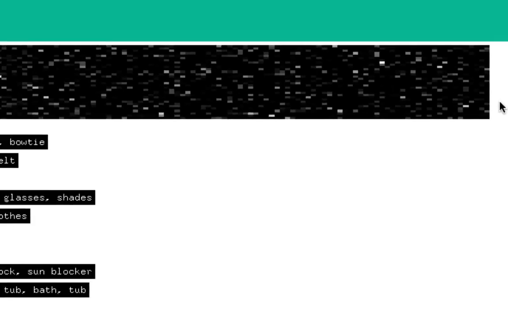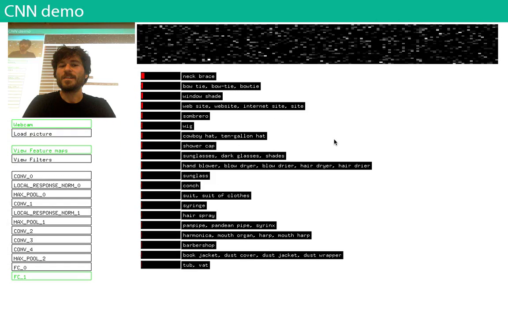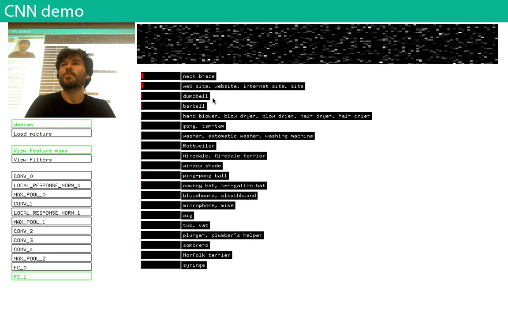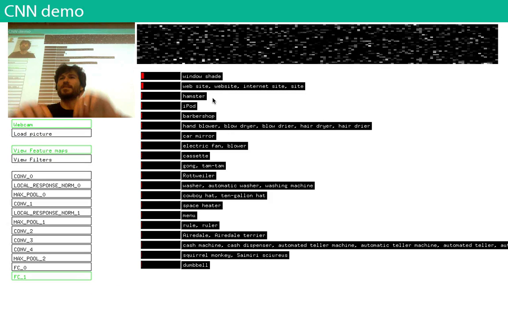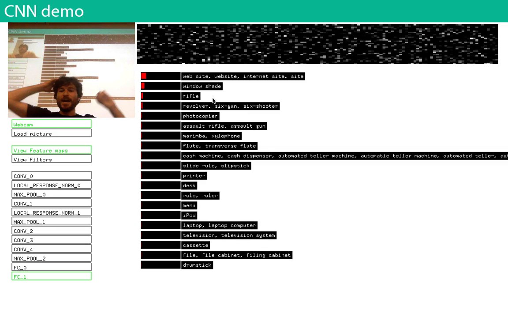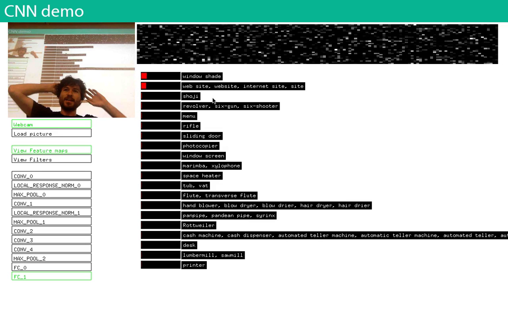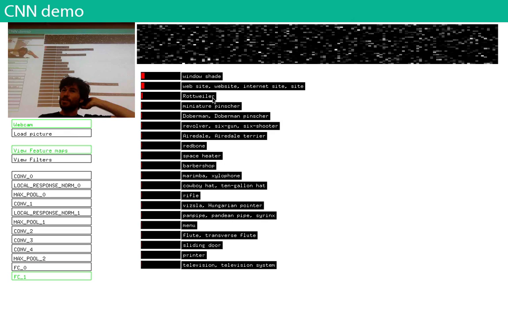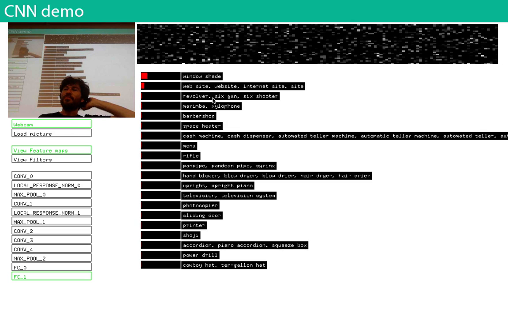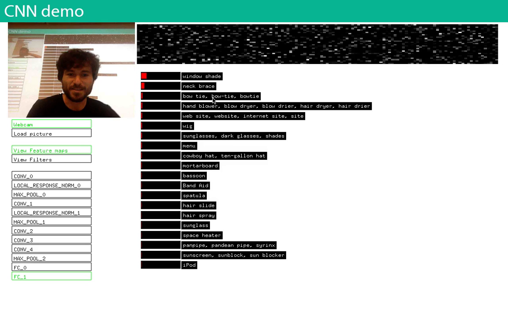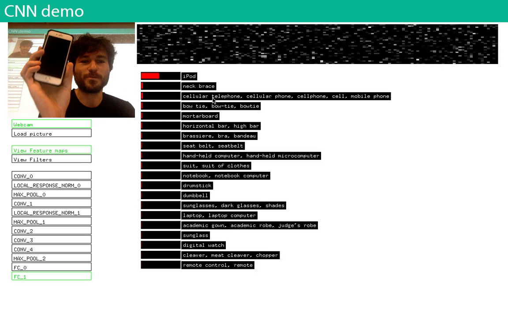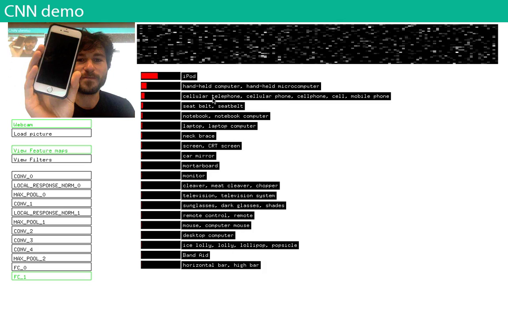But the most obvious thing that you can do with it is use it for classification, which is what we've shown for most of our networks. So the final layer of this is a 1,000-class classifier, which is trained on a data set called ImageNet, which has 1,000 classes of images. And this is classifying them. This usually works pretty well with the phone. So if I put my phone in front of it, you see it's classifying iPod.